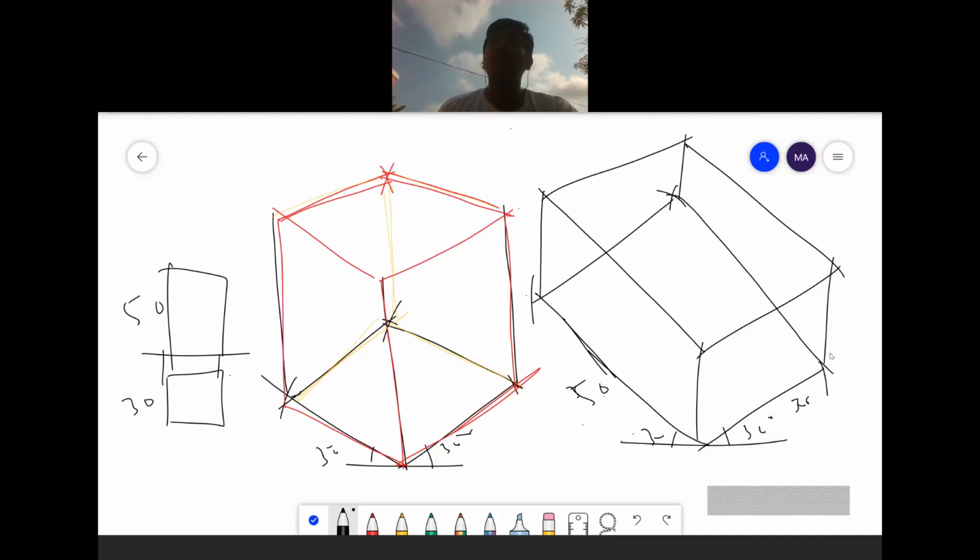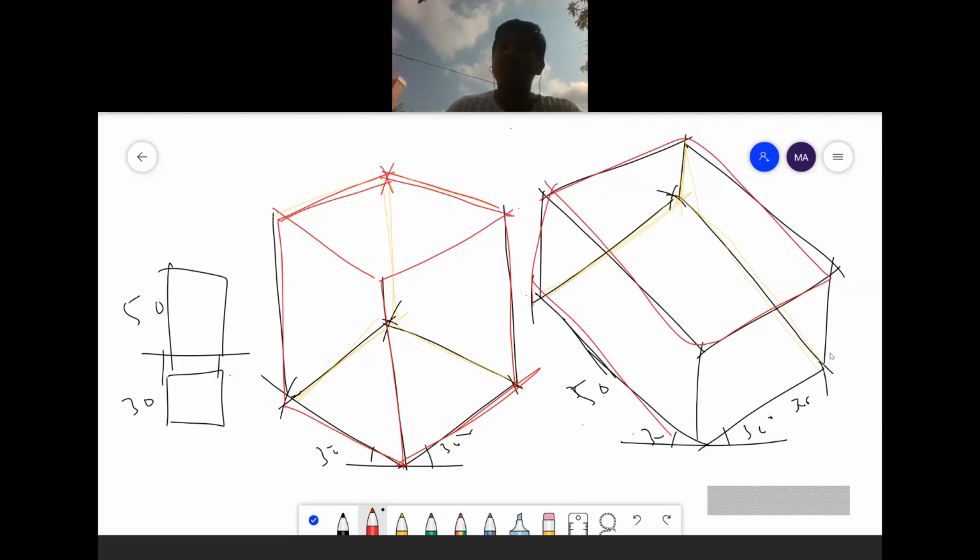Here also you have invisible views. Hidden lines will be drawn with a dotted line. It is a yellow line I am drawing here. These are all hidden parts which cannot be visible. And visible lines will be drawn with a red line. I am drawing here with a red pen. Okay, you can draw with an HB pencil, and invisible views will be drawn with a dotted line. Understand? This is when the axis is horizontal.